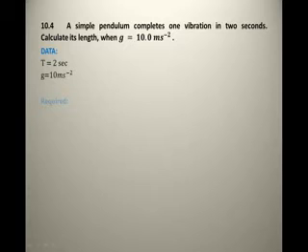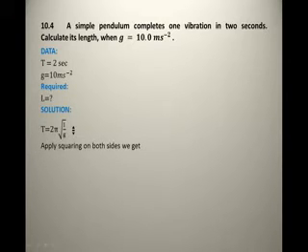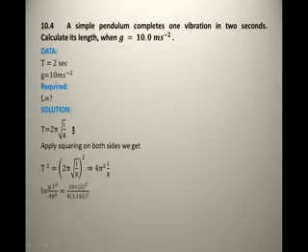Okay, further, this is our requirement. Then tell me what we have to find. Yes, length. Basam, we have to find the length. Moving ahead, solution: we are using the same formula. Then Basam, what do we write for pi? Only the value of pi, or should we square on both sides? Yes, we have to square on both sides. The reason is that we want to take out the term of L. So to get L, we are squaring on both sides. When we square on both sides, the final formula is L is equals to g T square over 4 pi square.